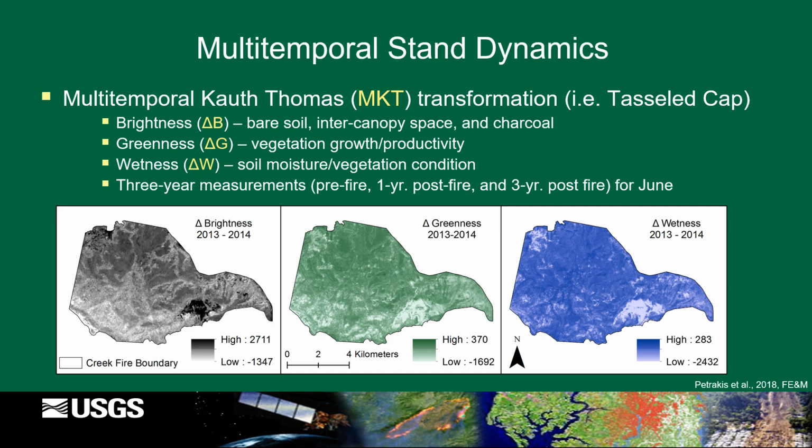Again, similar to the DNBR slide before, in the map on the bottom, we show each of these indices 1 year post-fire. You can see where the highest fire severity occurred in this area. With delta brightness, there's a large increase in brightness 1 year following the fire. And with both delta greenness and delta wetness, you see a large 1 year decrease where you have the highest levels of fire severity.